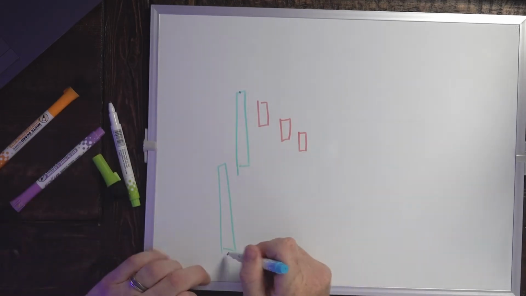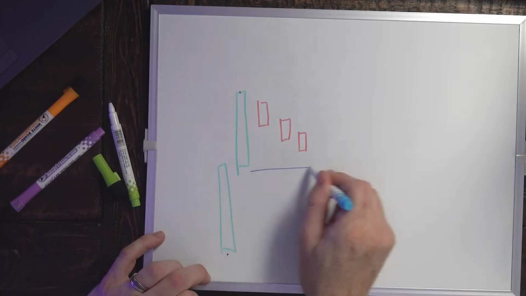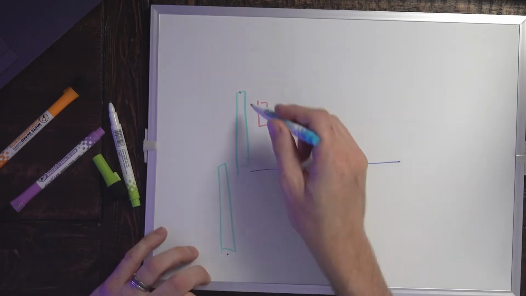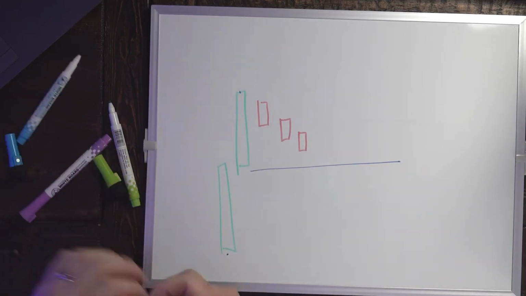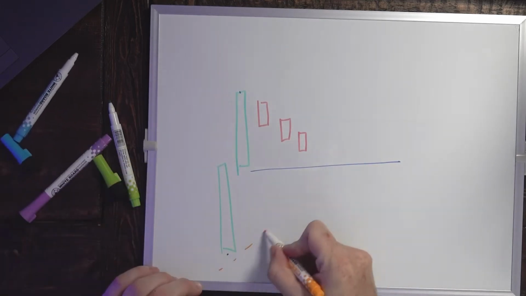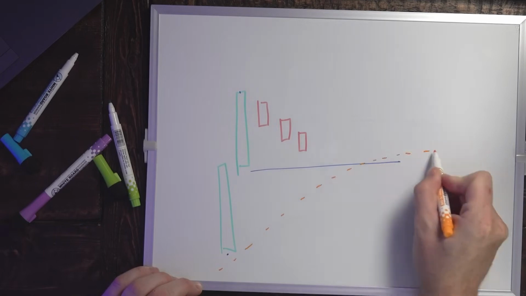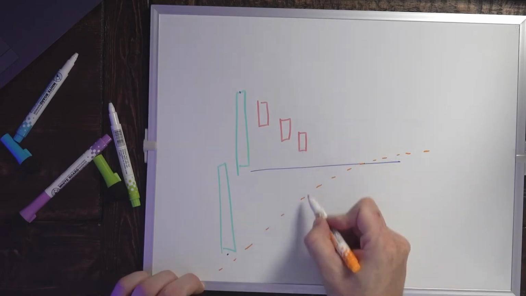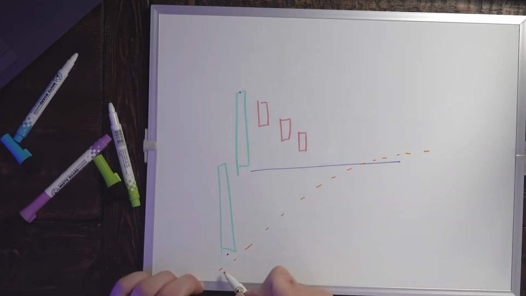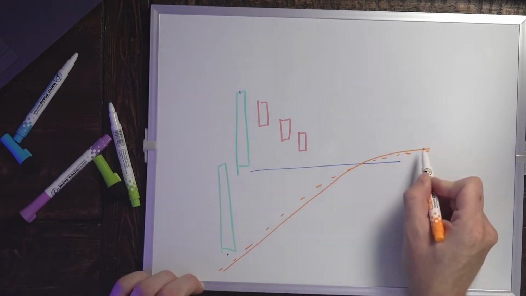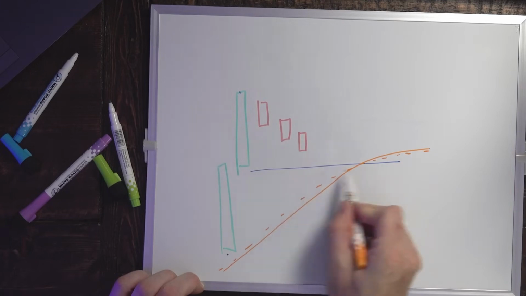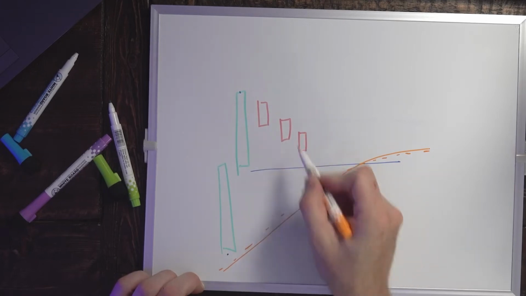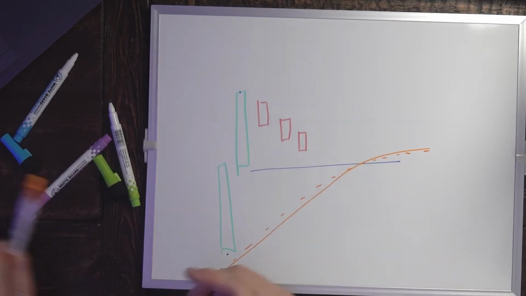What I want to see in this pattern is that the stock pulls back, but it should not pull back more than 50% of the move. So if the 50% line is right about here, we don't want to see the stock pull back more than that. Typically, we will also notice a moving average called the volume weighted average price, and we don't want to see it pull back below that either. Now, usually the volume weighted average price will be above or right around that 50% mark anyways. So they usually are kind of the same.